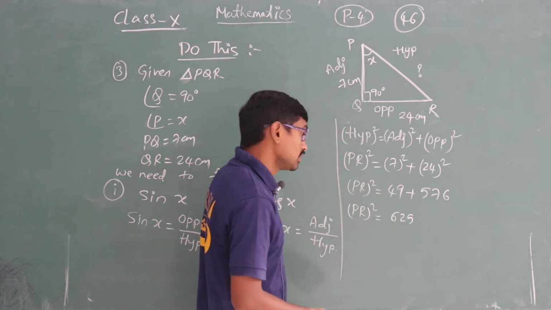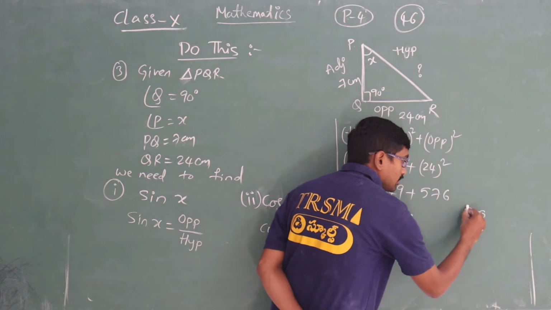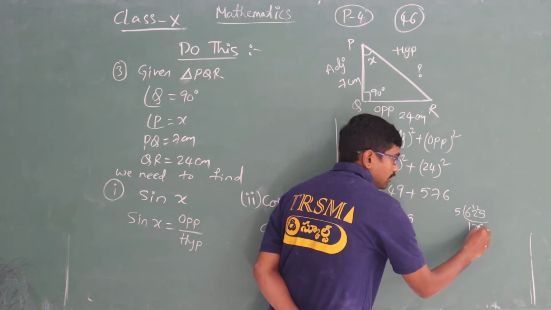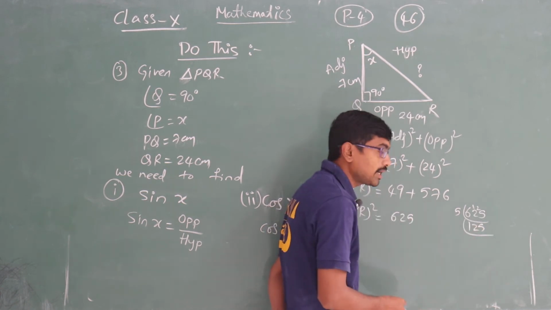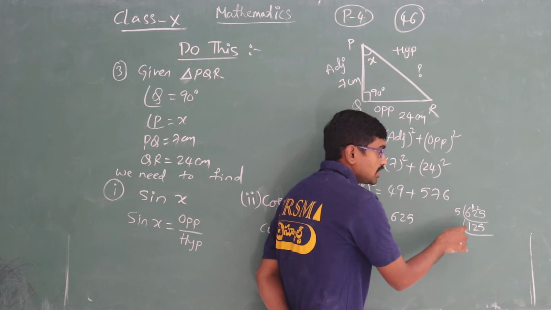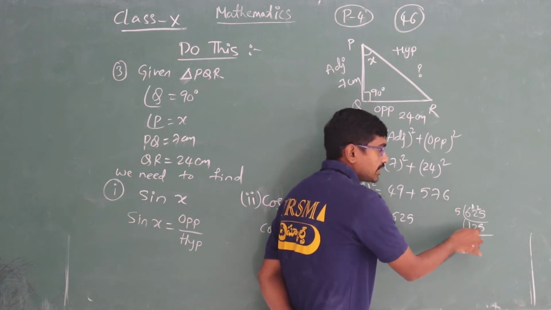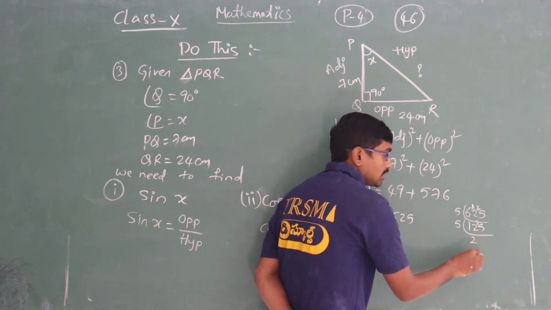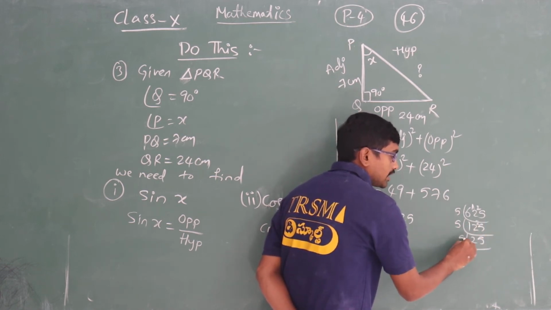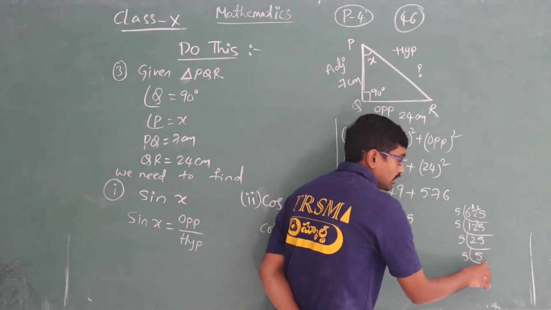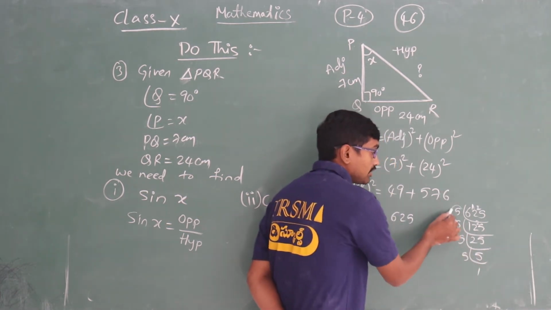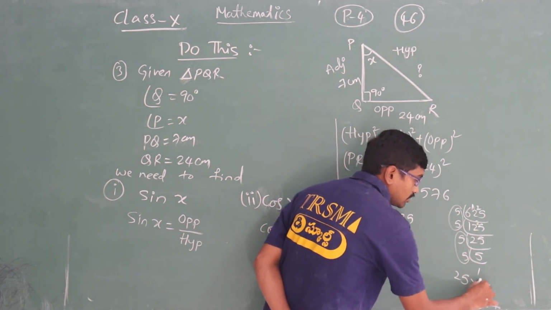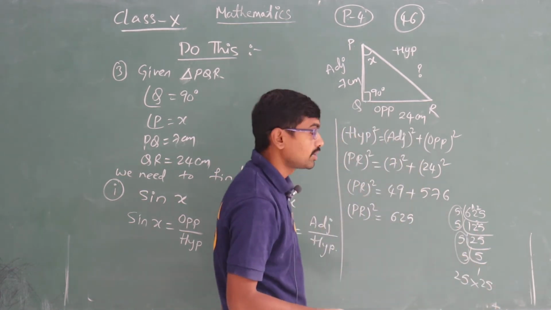Here we need to convert this 625 into a perfect square. So how can we convert it? In the easiest form, see here 625. If I take the prime factors, 5 ones are 5, 5 twos are 10, 5 fives are 25, again 5 table, 5 twos are 10, again 5 fives are 25. So what is the perfect square? 5 into 5, 5 into 5. So 5 fives are 25 into 25, we get 25 whole square.